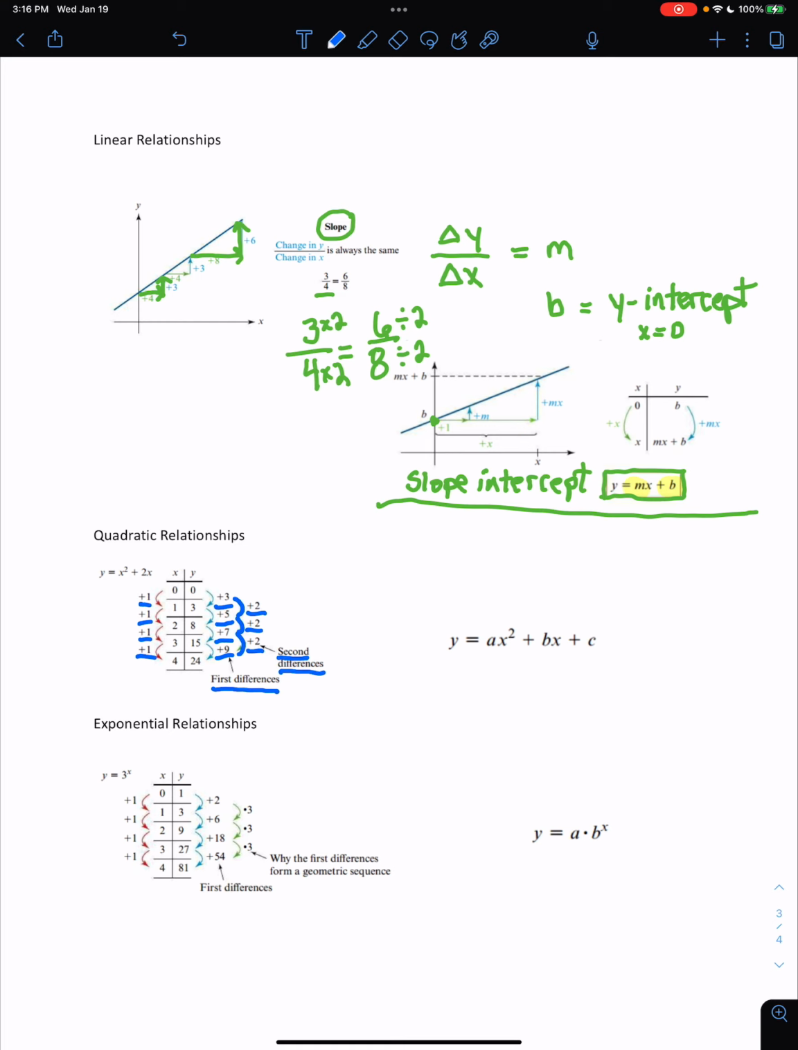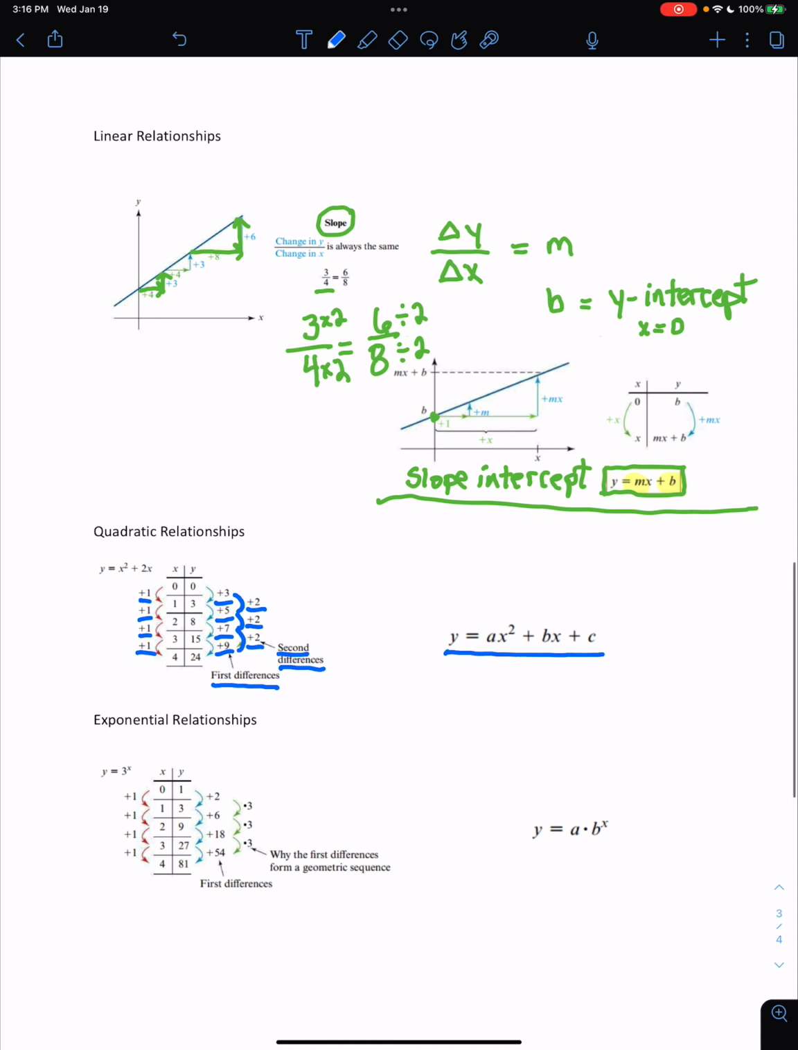Well, here's our general equation for quadratic relationships. And ignoring the a, b, and c for a minute, I want you to look just at the x with an exponent. And notice that our first term here has an x squared. That's going to be a characteristic of quadratic relationships. They are all going to have a term that has x squared, and it's going to be the first term or the highest